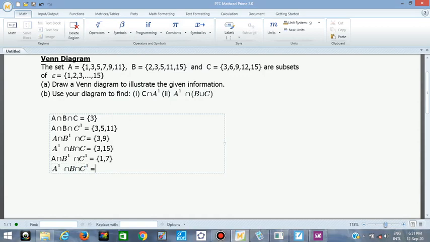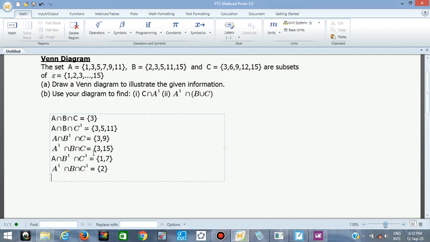Then this is equal to, let's see, the one only in B, not in A, not in C. Let's look at it now. B now, 2 is here, 2 is not in any of the other sets, so 2 is one of them. Let's check again, 3 is already in others, we don't need it, 5 is in A, we don't need it, 11 is in A, I don't need it, 15 is in C, so the only answer there is 2.